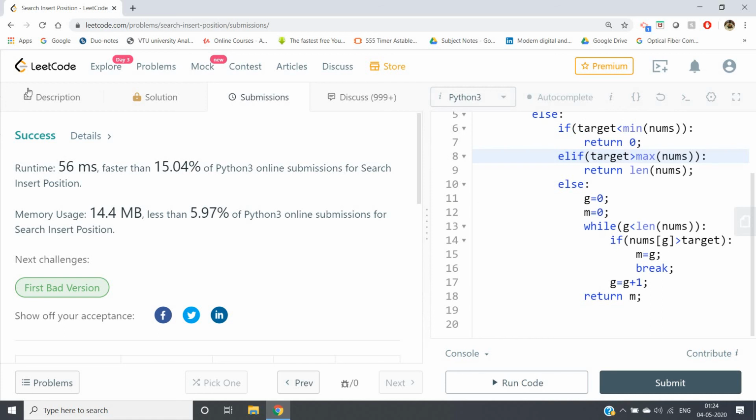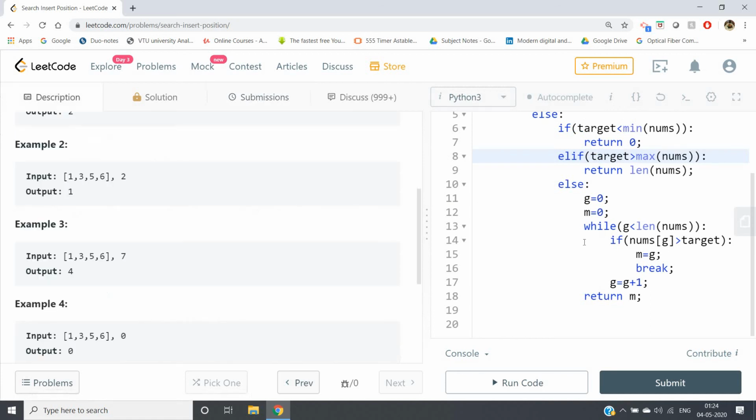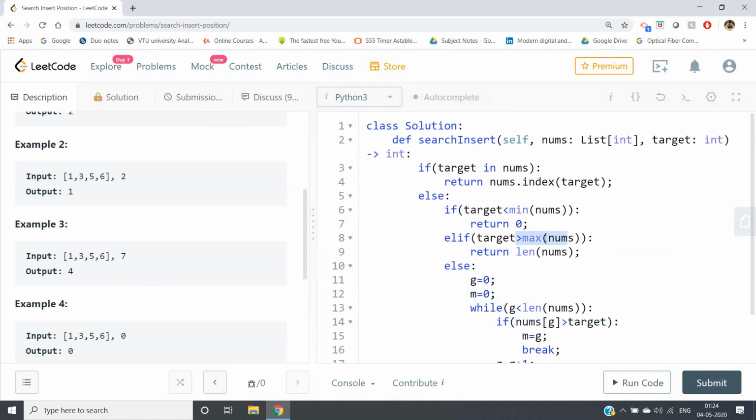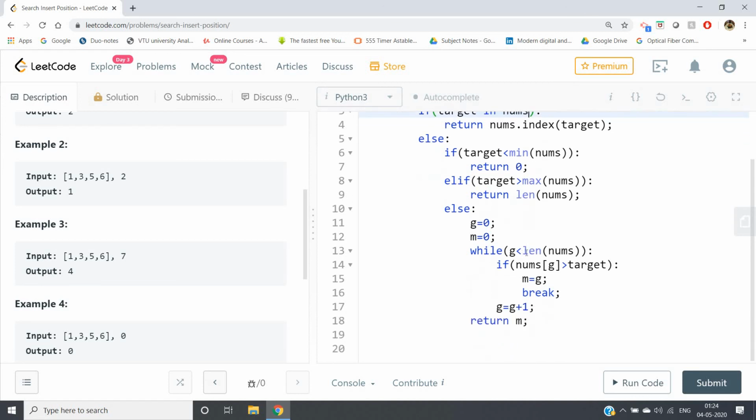So what I have done is very simple code, we just need to find the exact position. For that we need to know some methods. Max is used to get the maximum element of the list, min is used to get the minimum element of the list, index is used to get the first index where the element appears in the list, and in can be used to check whether a particular element is a member of a list or not. Len can be used to find the length of the list. You also need to know how to traverse a list, how to break if a particular condition is satisfied, and if else conditions, how to apply those.